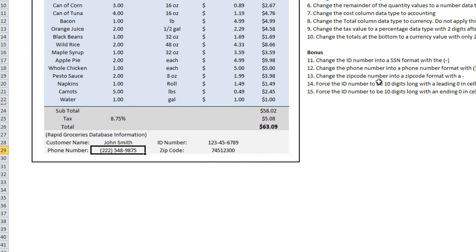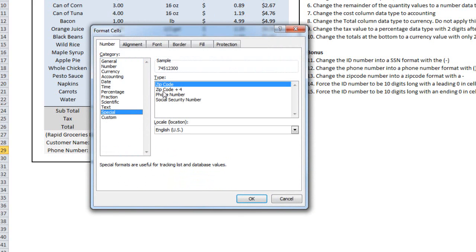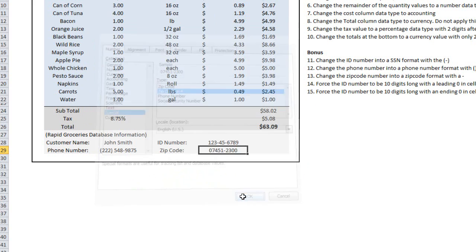Next one, change the zip code number into a zip code format with a hyphen. So here, this is an extended zip code. So it should be 5 digits plus an additional 4. But here we only see 8, which means there's a leading 0, and Excel typically doesn't show leading zeros. But under the zip code format, we can make it show up. Zip code plus 4 digits,